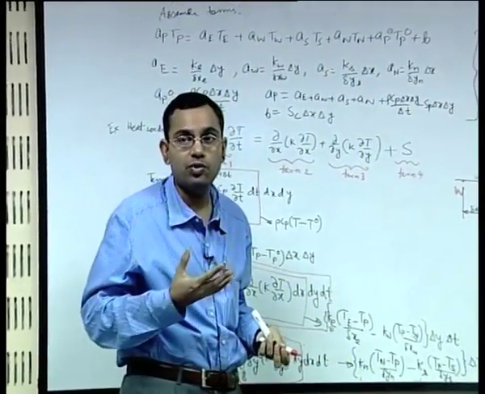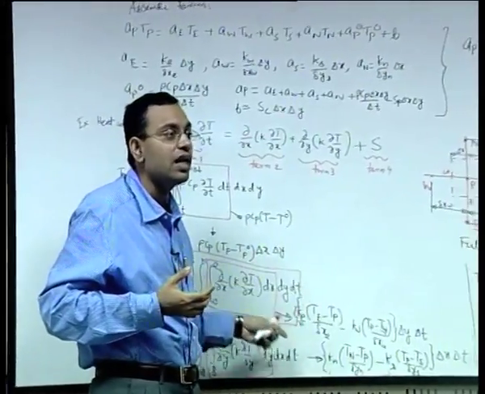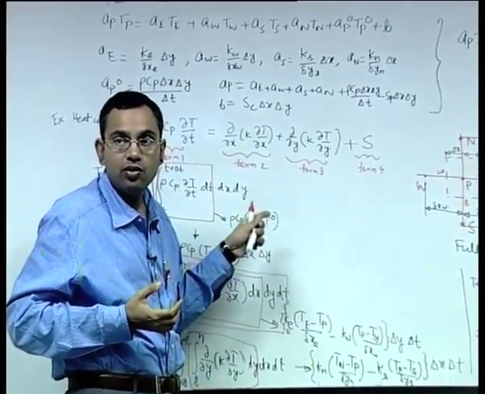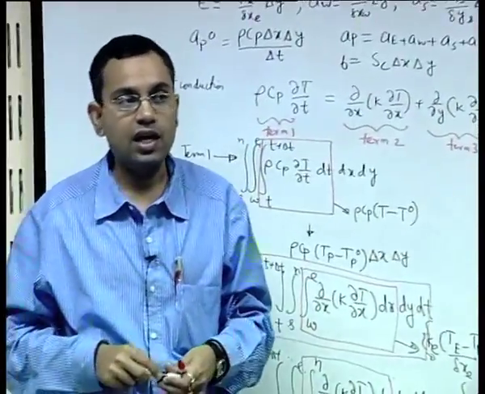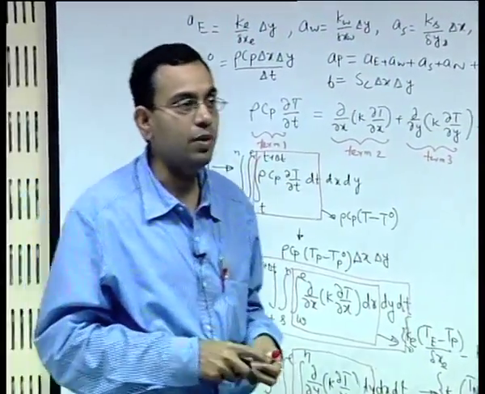So, to summarize, we have now got an idea of how to develop the discretization equation for a 2 dimensional problem. I give you a homework that you do the same thing for a fully explicit scheme. We have done it for a fully implicit scheme, you repeat the same exercise for a fully explicit scheme, and similar extension you can also do for a 3 dimensional problem.